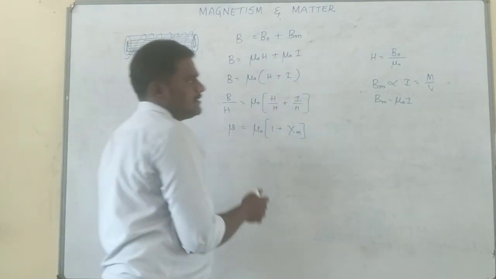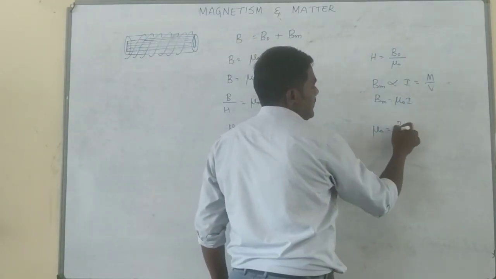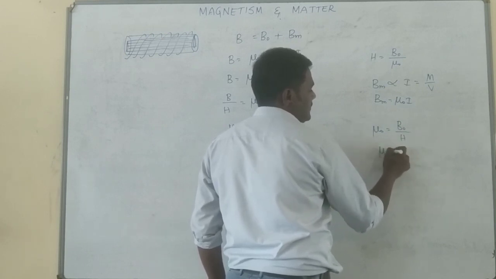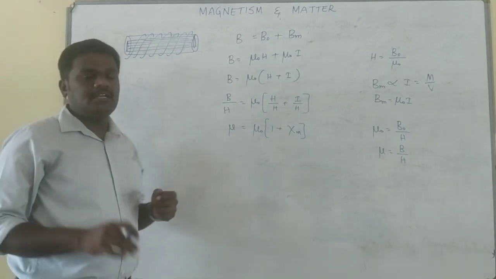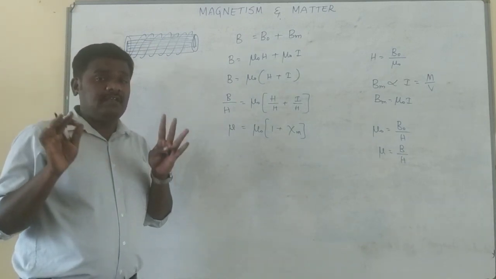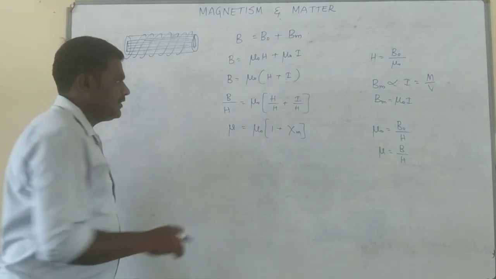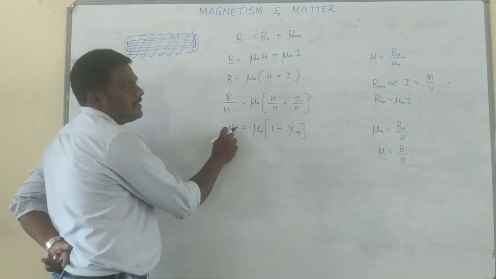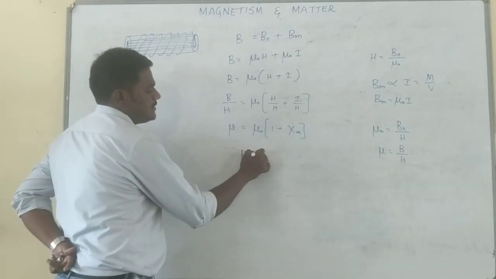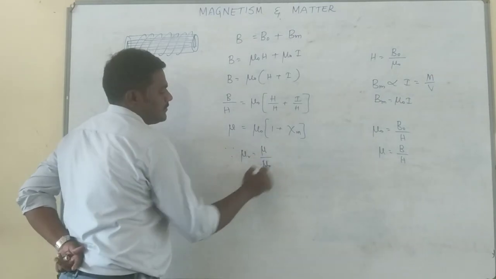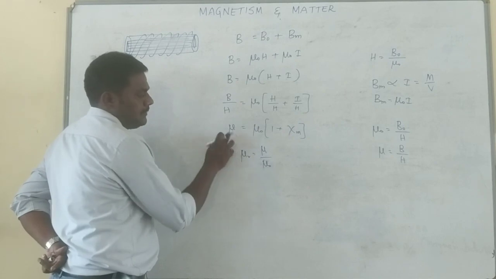Now this B by H I take as mu. In the same way, mu naught from this you can write as B naught by H. Similarly, if it is a medium, it can be taken as B by H. See, mu naught represents the absolute value, which is available in free space. Mu is what is available in some medium. Now, using the relative permeability concept, you know mu r is equal to mu by mu naught. Now from this, mu is equal to mu r times mu naught, which we will replace here.